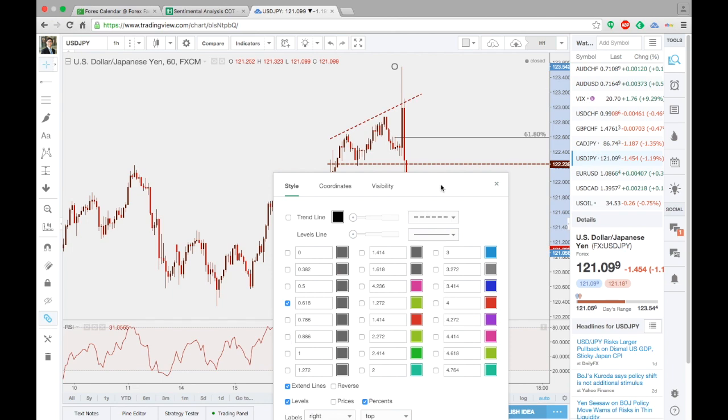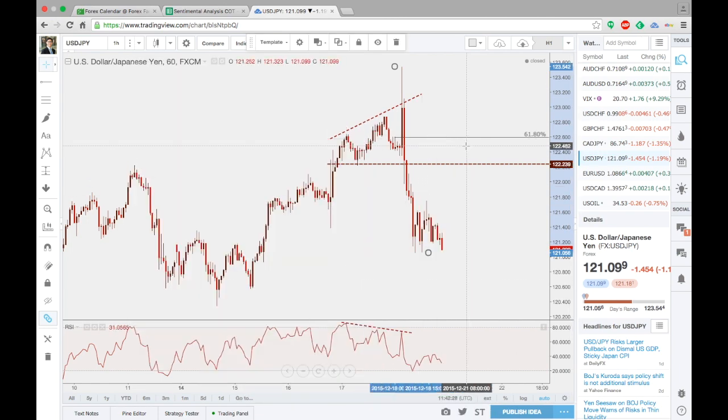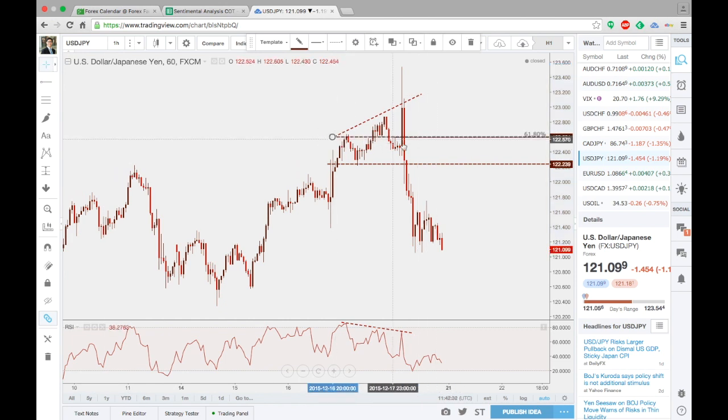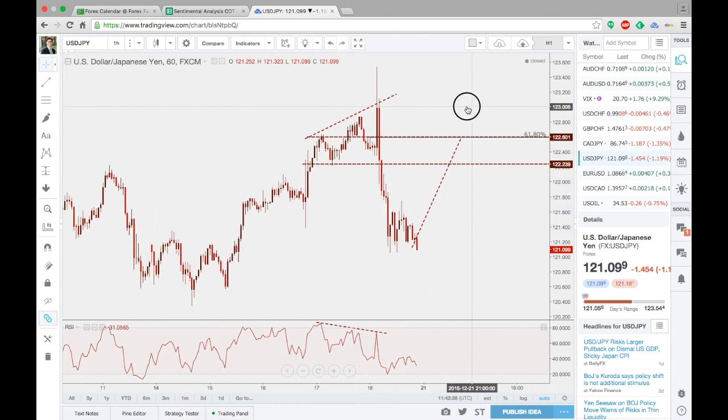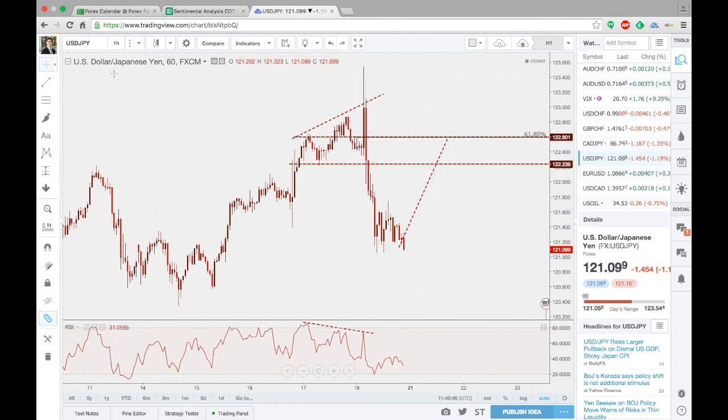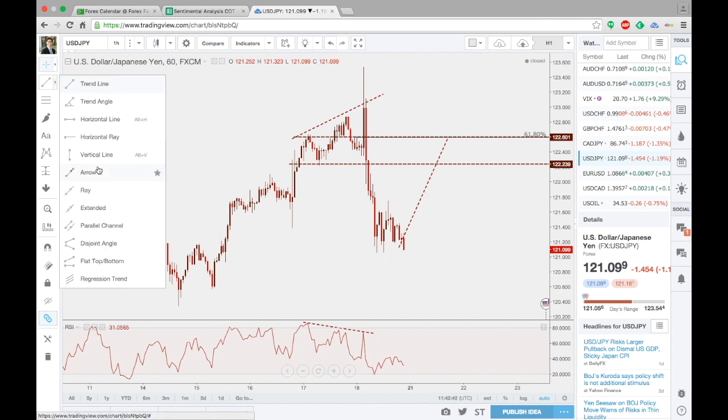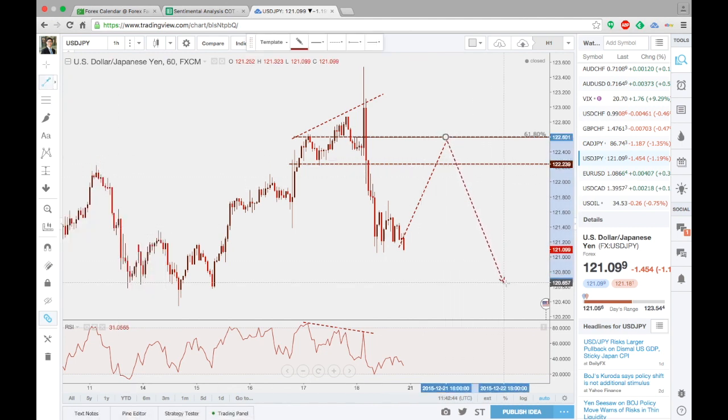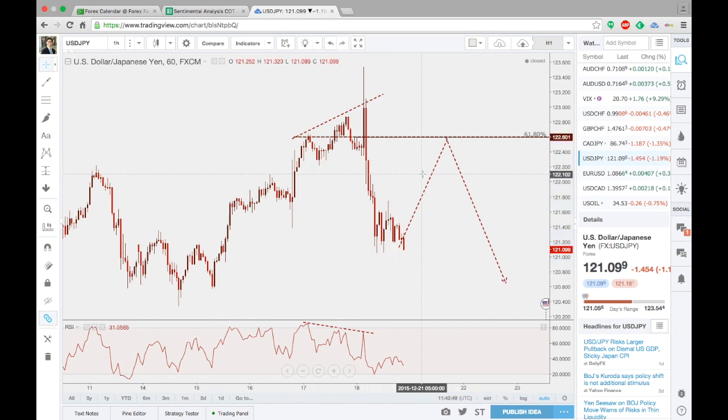The level we are looking at is the 61.8 retracement level, which is over here. So what we are looking for is awaiting price to come back to this level, and that's where we'll be looking for a short opportunity in expectation that price will reject and continue further. Let me delete this. So this is one potential setup that we are monitoring.